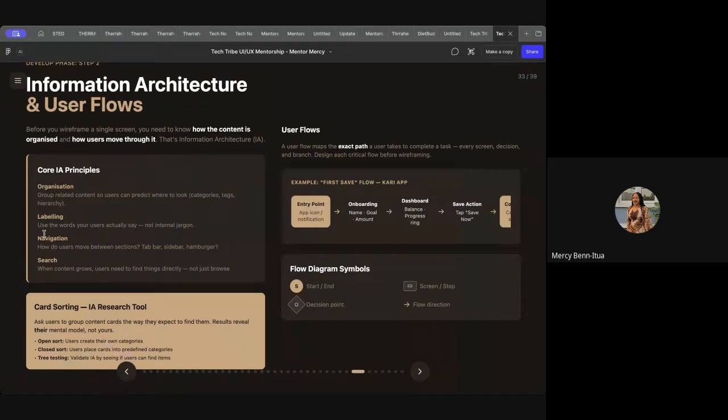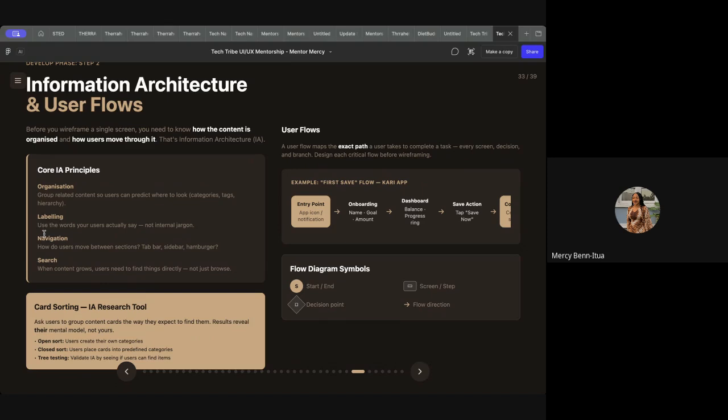You need to come up with like, okay, so when they download the app, they'll click the first button. The first button will be the onboarding button. When they click the onboarding button, they'll move forward to fill in a form. That form, I want to collect their email, their phone number. So you have to come up with the full structure. You have to have it mapped out, either on pen or paper or on FigJam, as I showed you the last time. That's what will help you to now know, okay, these are the elements that I'm going to need